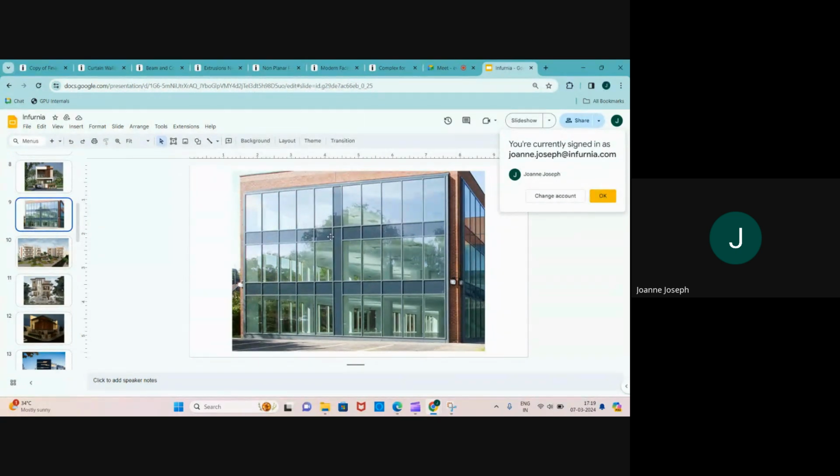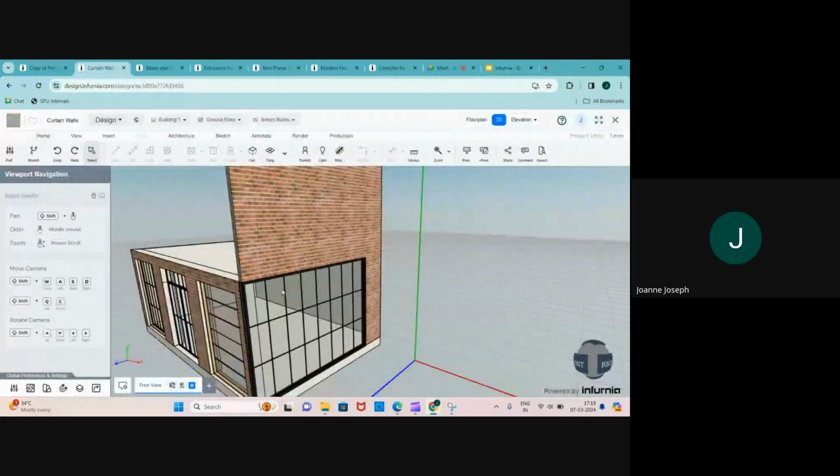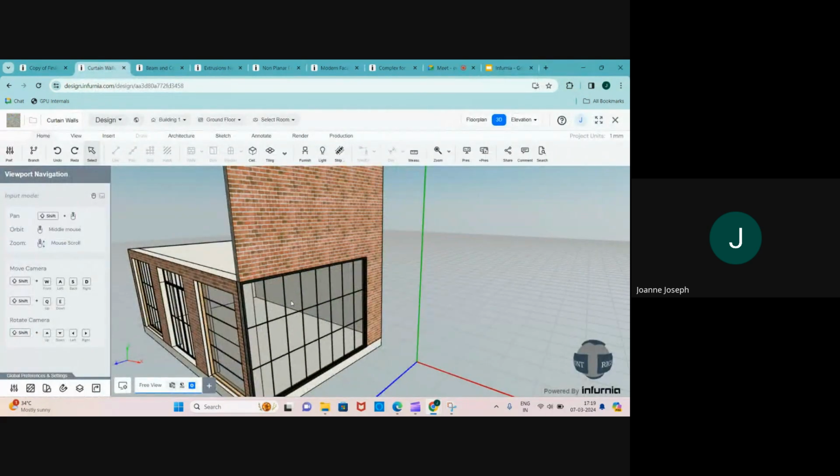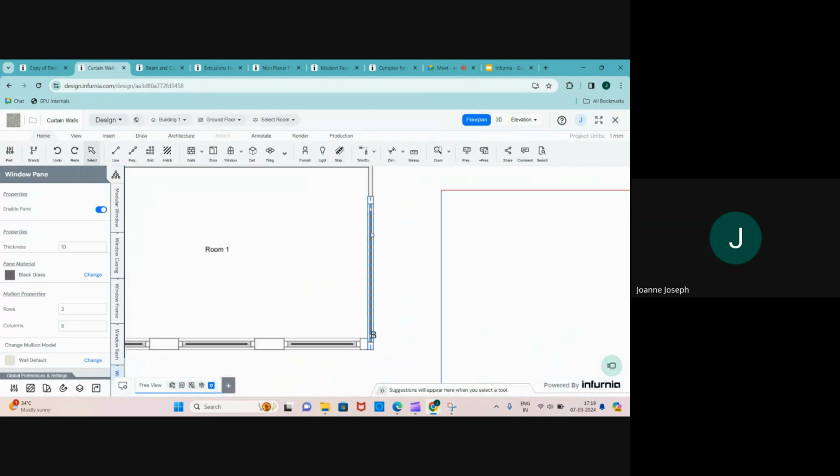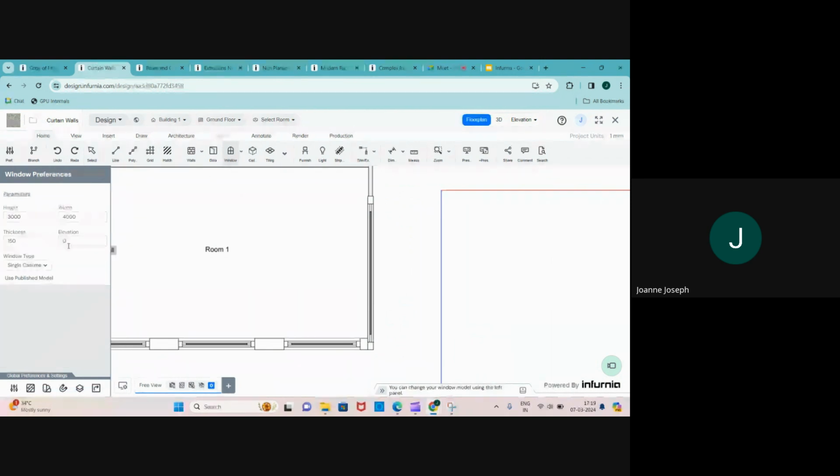So to add the shorter units, since you cannot add it to the same window, you can in fact do so by creating a different one. How do I do this? I simply once again add another modular window here. In floor plan, I select modular window,